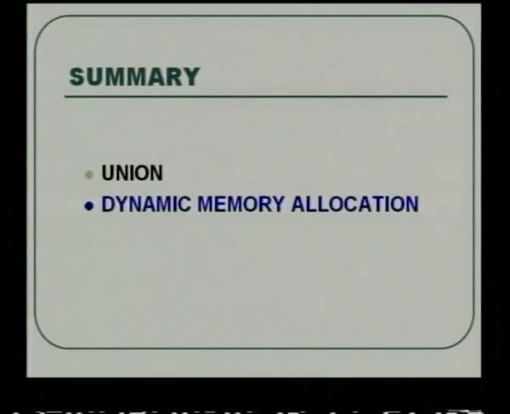So, in today's session we have seen unions and dynamic memory allocation. Most of the concepts that occur in the C language, from the basics through the tokens, the basic elements of C, the character sets, the operators and expressions, functions, pointers, strings, arrays, structures and unions have been covered in this C session with example programs for each. As we work out more and more example programs, understanding the syntax will become easier for you.